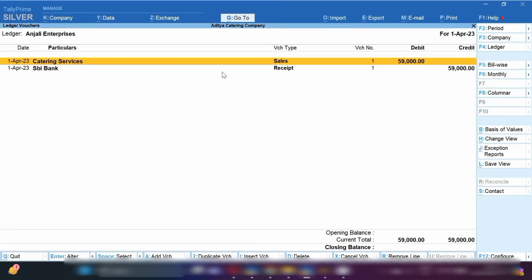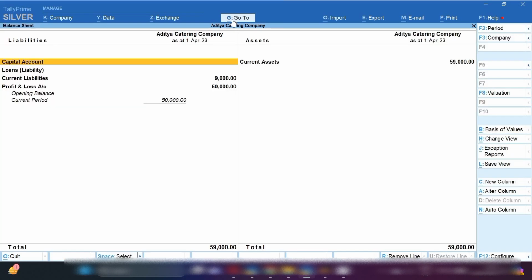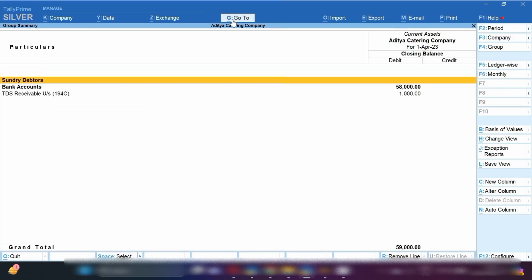When you are providing catering services and the party deducts your TDS, you are going to receive the TDS. Open the balance sheet and current assets. Now you can see it is showing sundry debtors nil, as